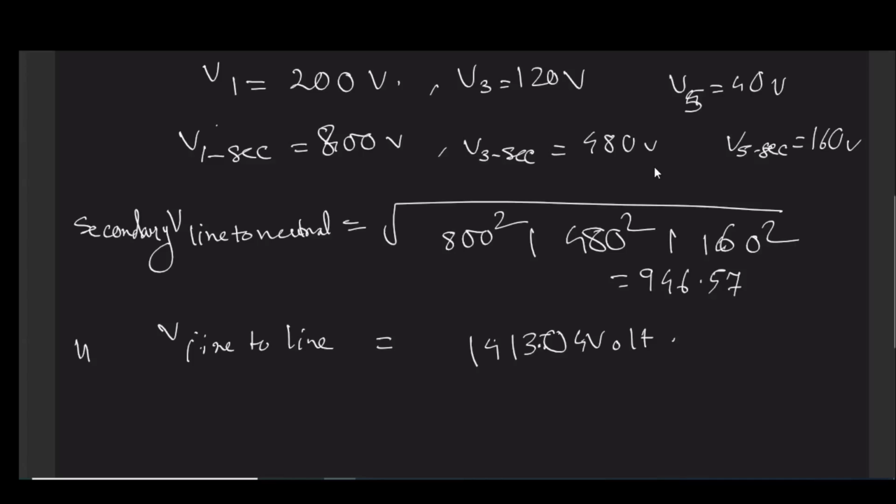Now, what are the other parts? The secondary is connected in delta. So, if the secondary is connected in delta, what would happen? The line voltage will be free from third harmonic voltage. It will become E1 square plus E5 square, that is